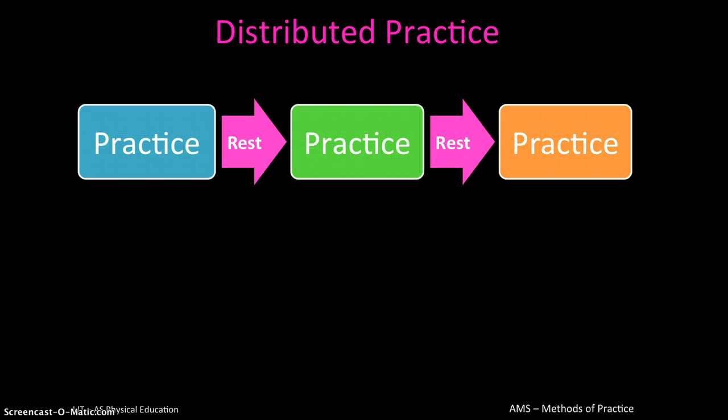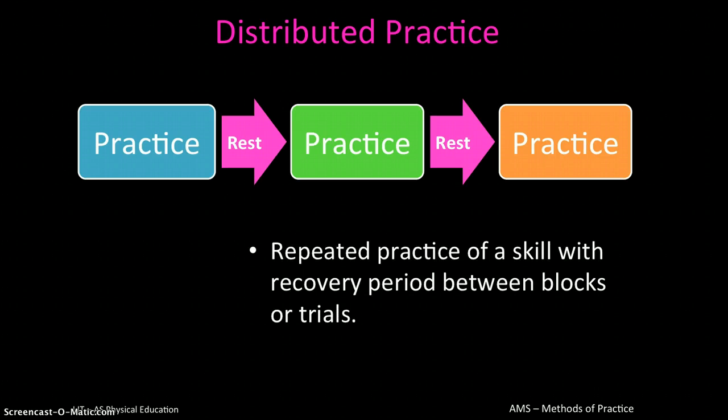Secondly then, the second physical method of practicing is called distributed. So contrary to the massed practice where you had no rest interval, distributed practice, as you can see here, involves a block of practice. So you might do 10 shots, then have a breather, or 10 sprints, then have a breather, then have another practice interval, then have a breather, and then have another practice interval. So the practice in this type is interspersed with recovery or